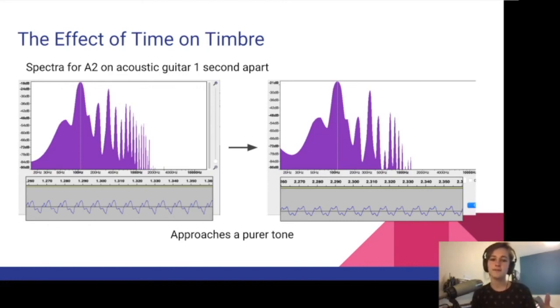So over time, as you lose these higher harmonics and you get more of the initial ones, you approach a purer tone, which is why when a note gets quieter, you'll hear more of that fundamental frequency. How the note sounds is going to be different depending on how long it's been since you played the note, whether it's a couple milliseconds or a couple seconds. So overall,